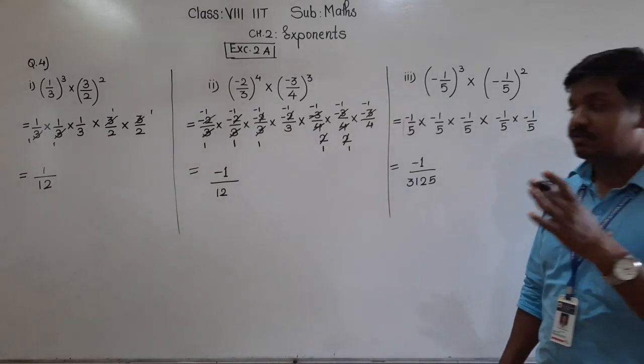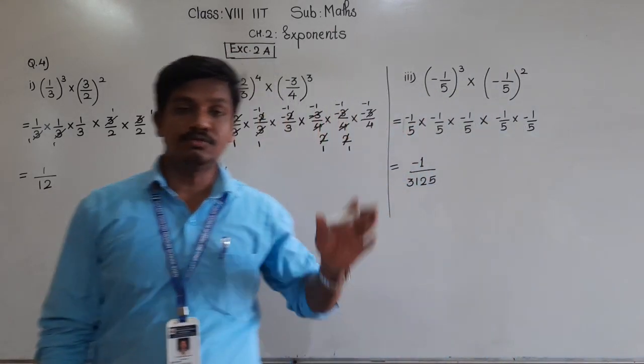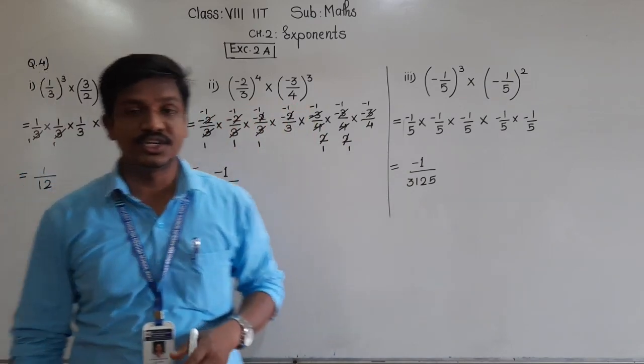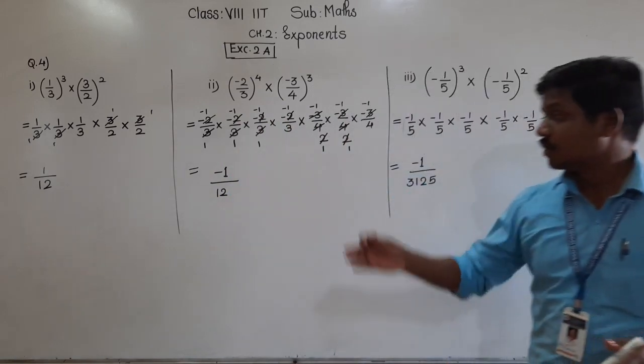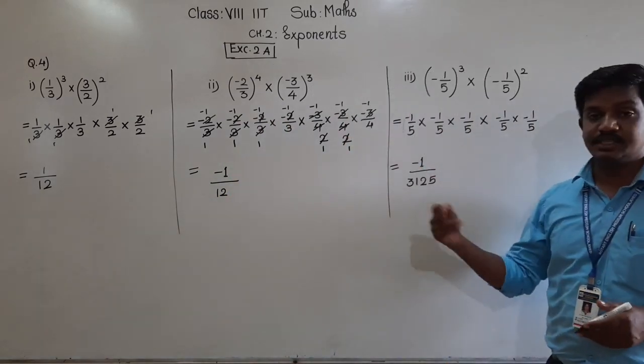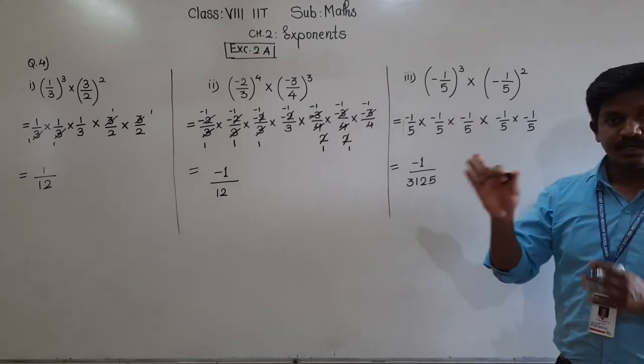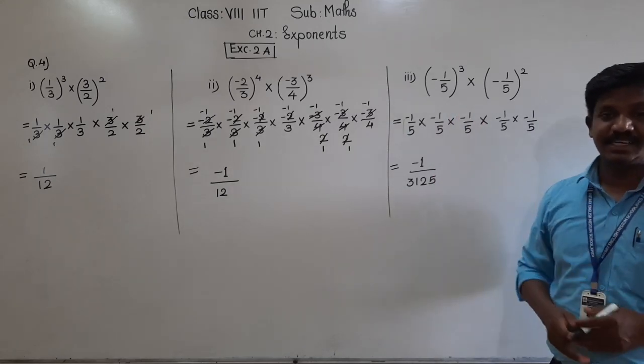Okay, so in this way we have to find the value of given exponential forms, or given rational numbers which are in exponential form. Understood? Now pause this video, write these 3 examples. We will see 2 more examples in this question. Last two, question number 4th and 5th you will solve. We will see now the 6th and 7th example.